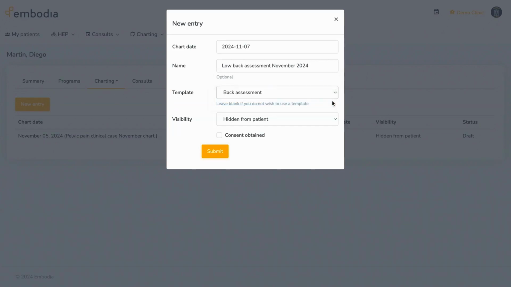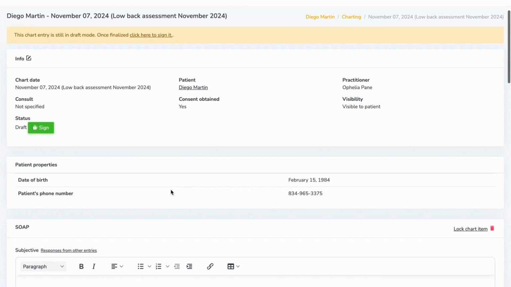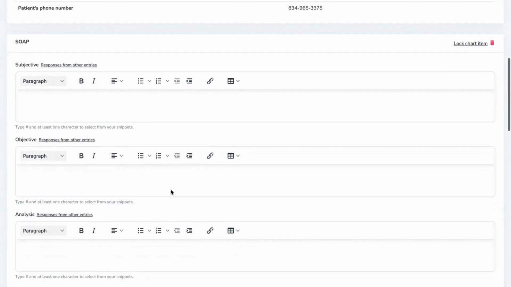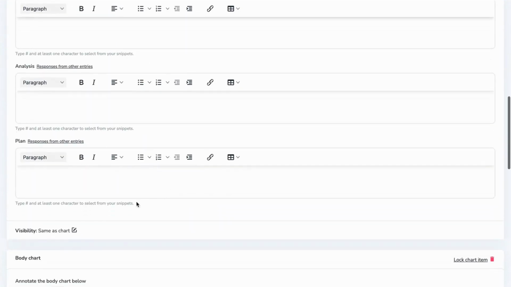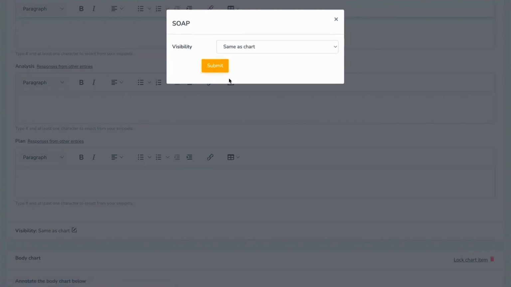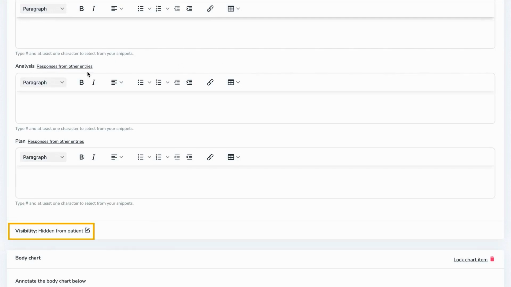You can also choose to make the chart visible to or hidden from the patient. When a chart is made visible to a patient, they will be able to see it from their secure portal. You can also control the visibility of individual chart notes, so even if you choose to make the chart visible to the patient, you can still hide individual chart items within the chart entry so that those items won't be